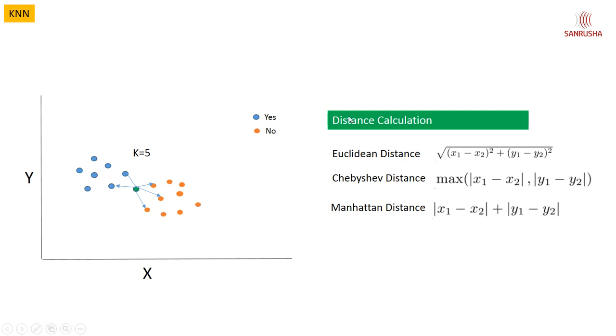For now I think you know how this whole KNN thing works, how it calculates the distance, how it finds out which neighbors to consider. So this is one of the logics to calculate the distance, Euclidean distance, and there are several other logics like this one, Chebyshev distance and Manhattan distance. Chebyshev distance is the maximum of the absolute values, and the Manhattan distance is the total of the absolute values of the differences. Okay, awesome. I think you understand KNN now. I will see you in the next lecture.